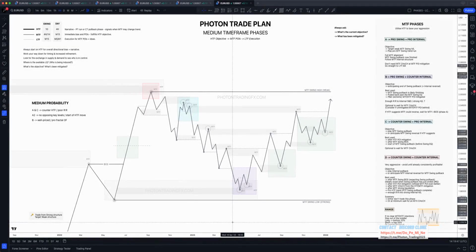All right. So let's take a look at medium probability trades. Now, I would say that probably about, let's say, 70 to 80% of your trades over the course of a year, over the long run, are hopefully going to fall in the medium probability category. Now, you might be thinking, well, why do we want 80% of our trades to be medium? Why don't we just make the majority of our trades high probability?